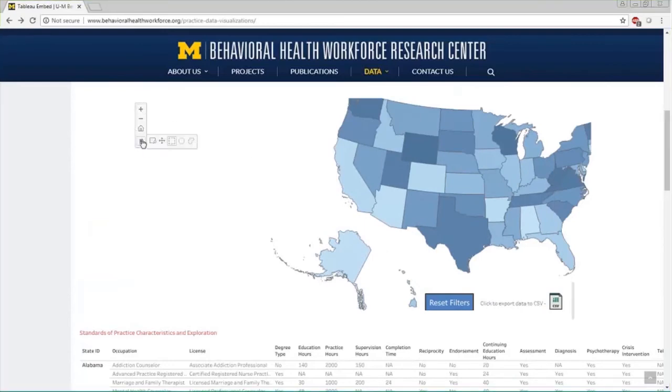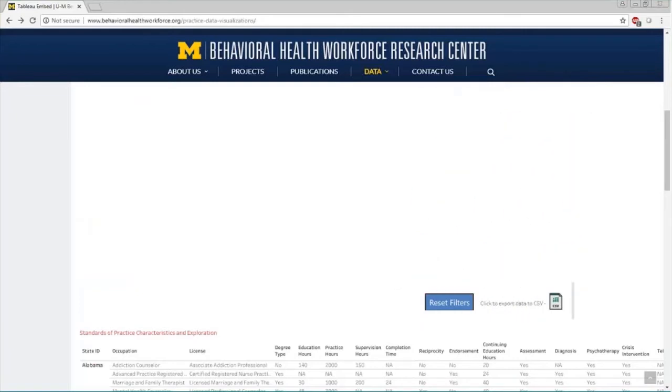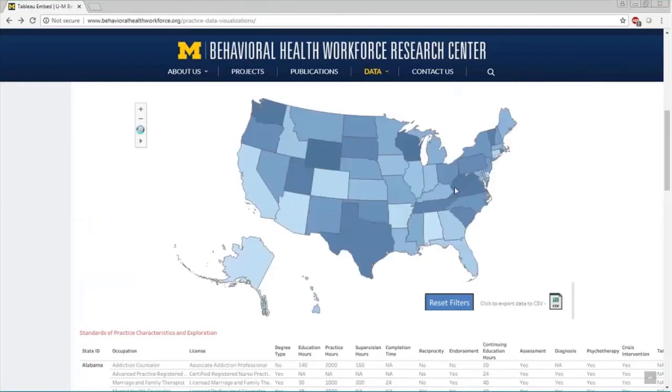And if you were to move way too far out of the way and you can't find the country anymore, this will happen. Just press the home key and you go right back to center. The really useful thing about this tool that we really wanted to be able to have for our visitors is the export function. So let's say you make a selection.